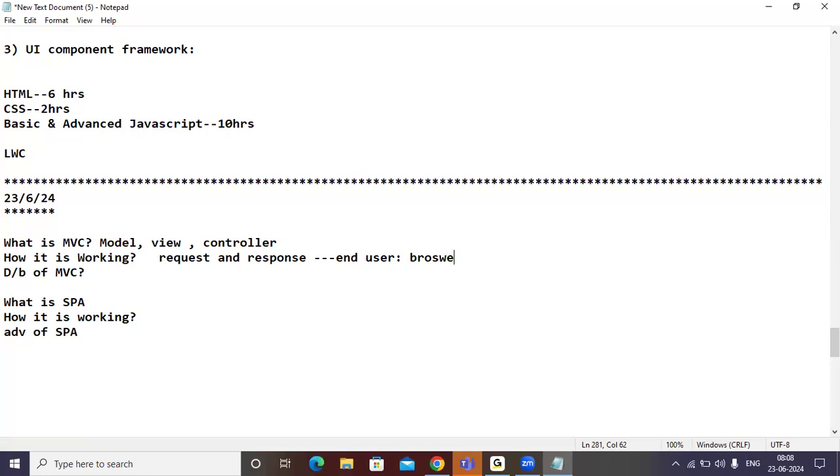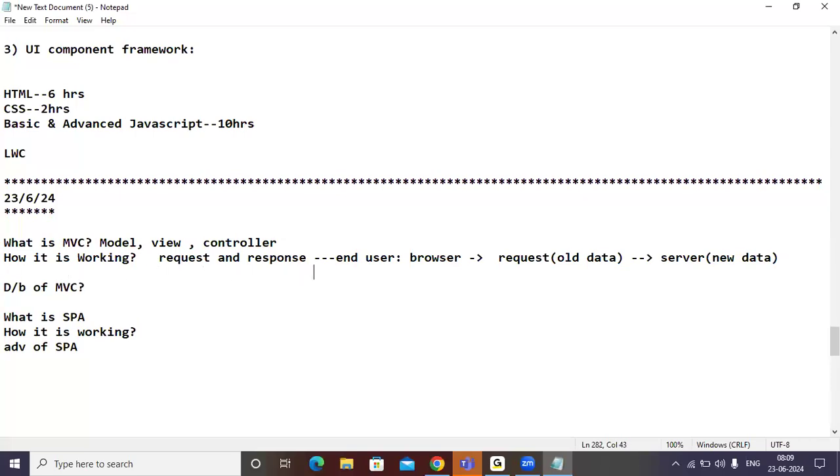Through the browser, the end user passes the request in the form of old data, and it goes to the server. The server takes the old data, performs the operations on it, and new data gets generated. Whatever new data is generated is loaded into the page, and that page URL comes back as a response.